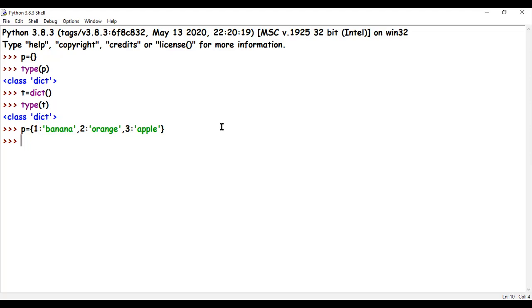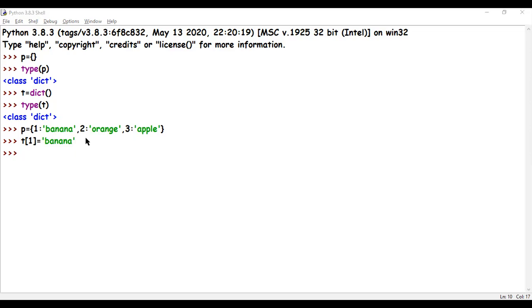You know, these are very important to understand Python. Okay, so now in my dictionary T, I'll tell you how I'm going to add data into my dictionary T. I'm going to add it in a different manner. I'm going to say T in the place of 1 equals to banana. Okay, now what did I do? When I did this, what did I do?